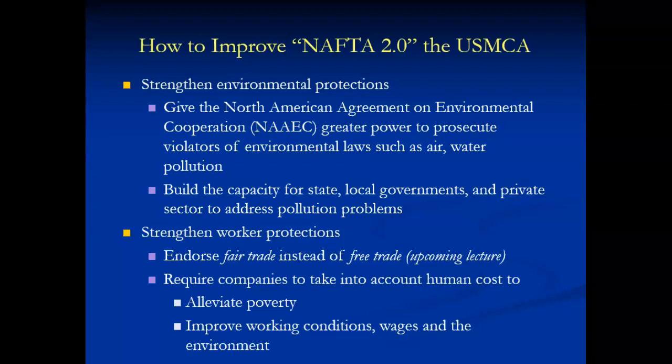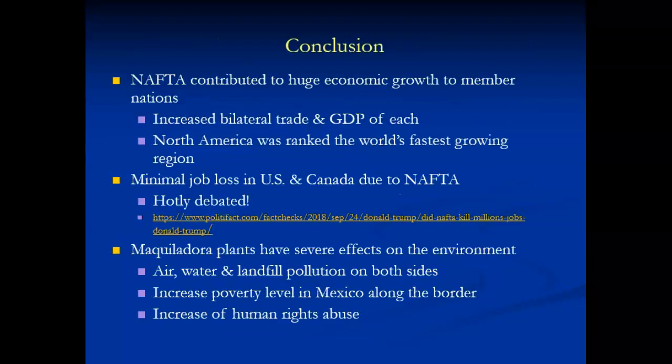And the other aspect about this is requiring these companies to take into account this human cost of poverty, and for the companies to improve working conditions, wages, and the environment. Because when they do so, they then take the pressure off governments to provide welfare and other benefits to the public. And if the government is to provide those things, they have to have revenue to do it. So it makes much more sense for the companies to internalize their externalities. They should pay for the cost of the problems that they create.